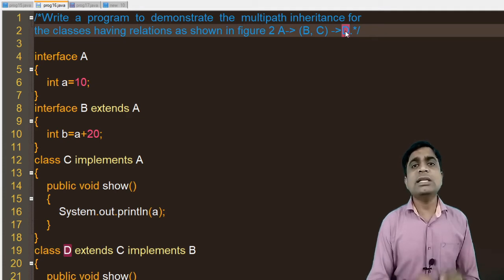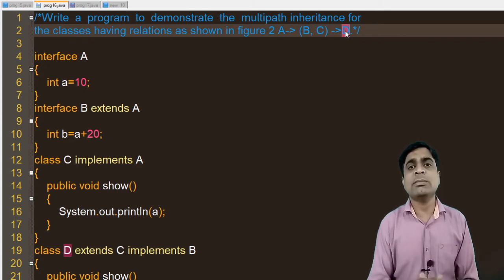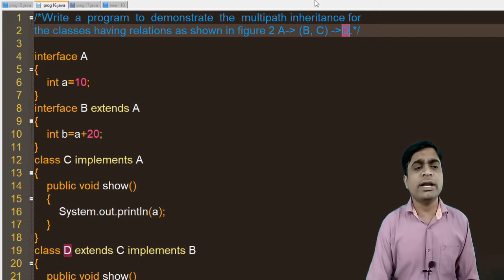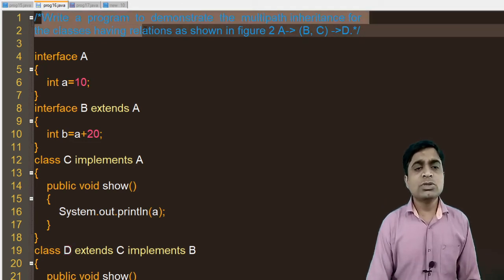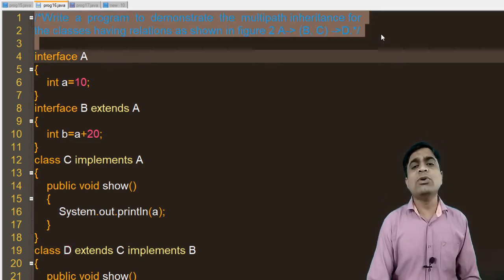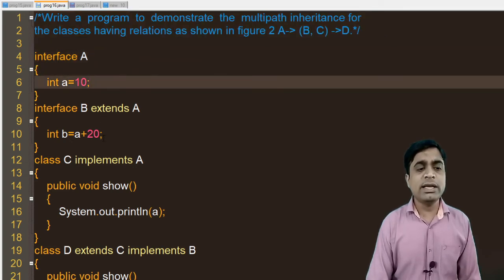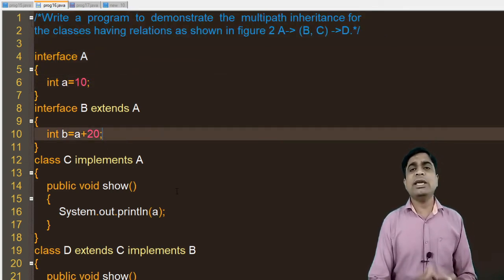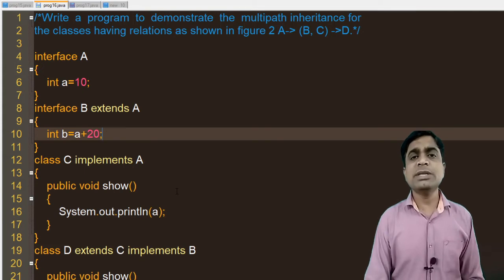Now here there is no specific logic required, like addition of two numbers, subtraction of numbers, or displaying something constant or a variable. There is no such statement written in the question. So I have created a program with my own logic. I have just created variables A and B and I am just printing the values of A, B and something.